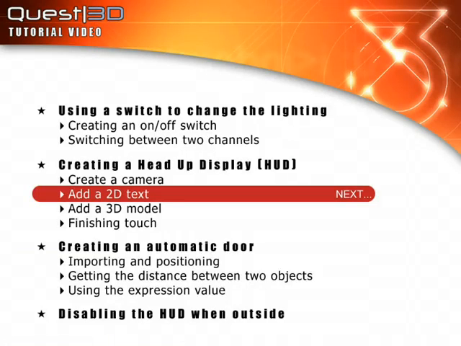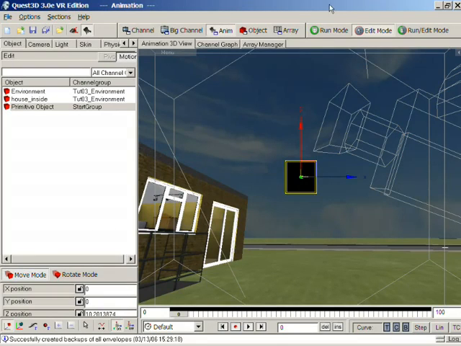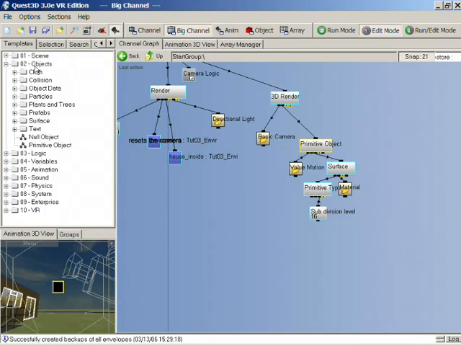We'll now add some 2D text to our HUD. So let's now replace our primitive object with some text. So let's go to the channel section again and